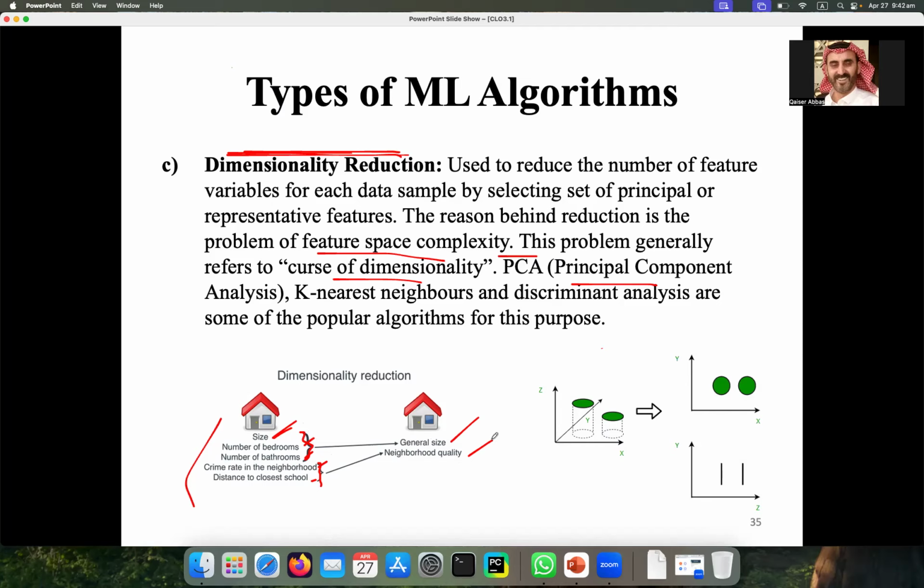So in dimensionality reduction, the PCA, the principal component analysis, will automatically detect the important ones and ignore the others. You don't have to think. When you use principal component analysis in Python, it is only a call to that function. You give your data as input to this PCA, and it will do the things automatically for you.